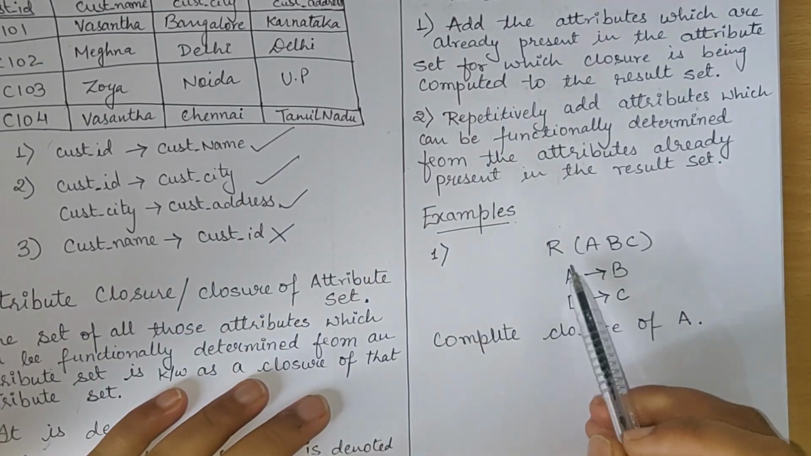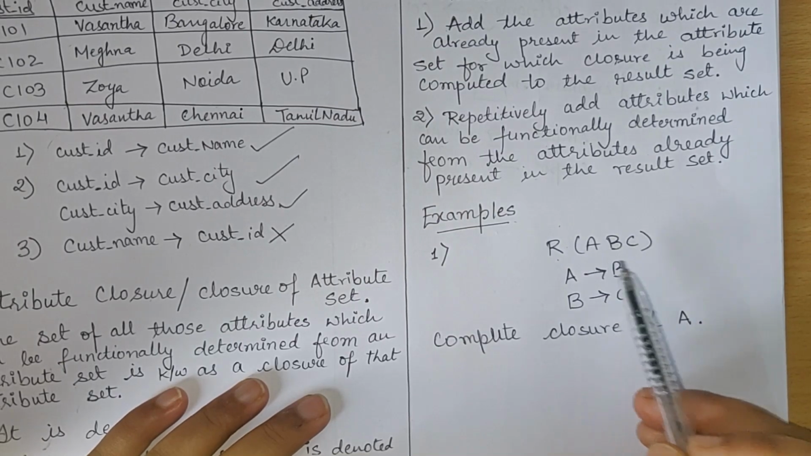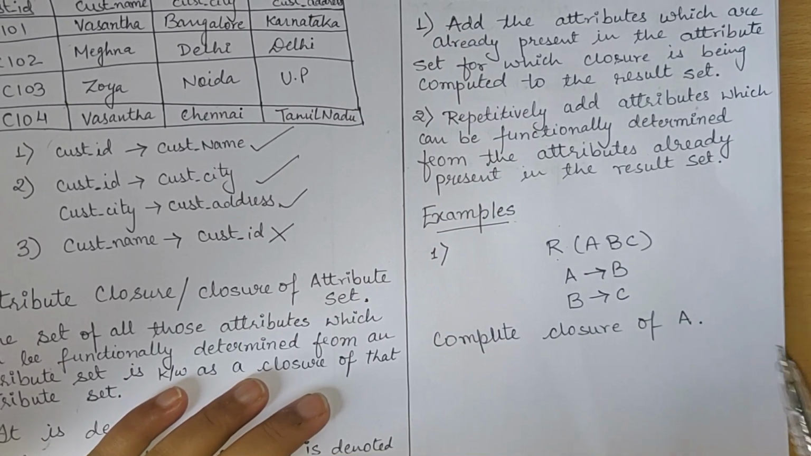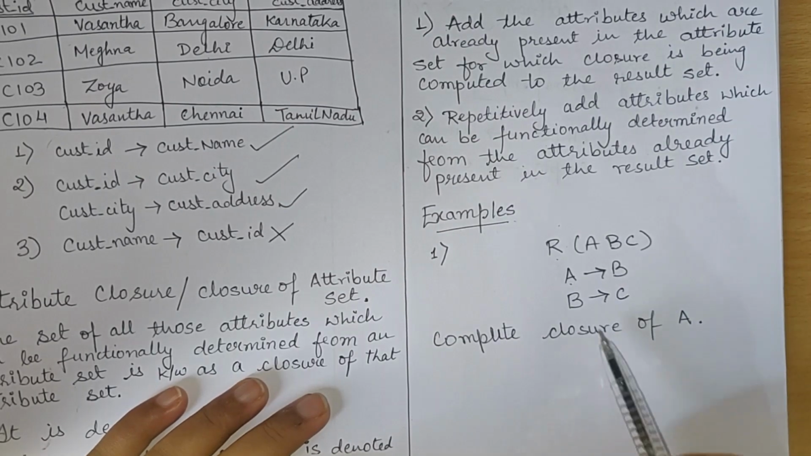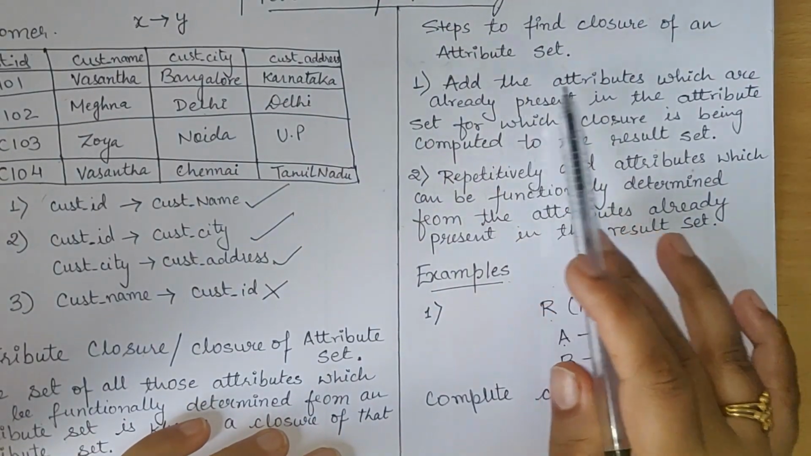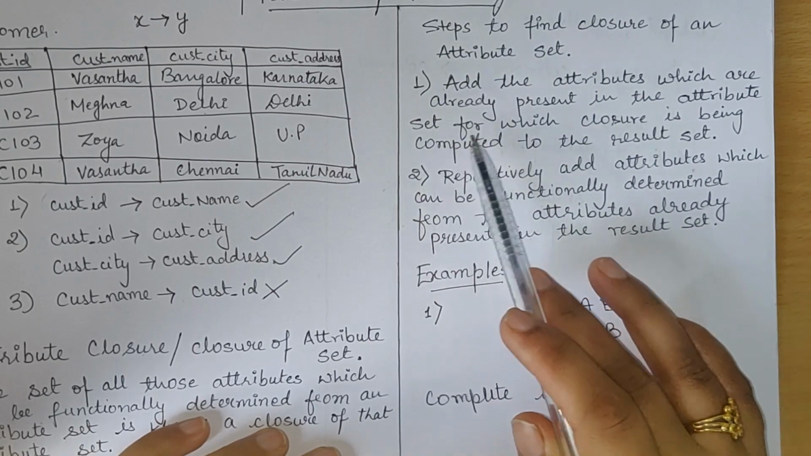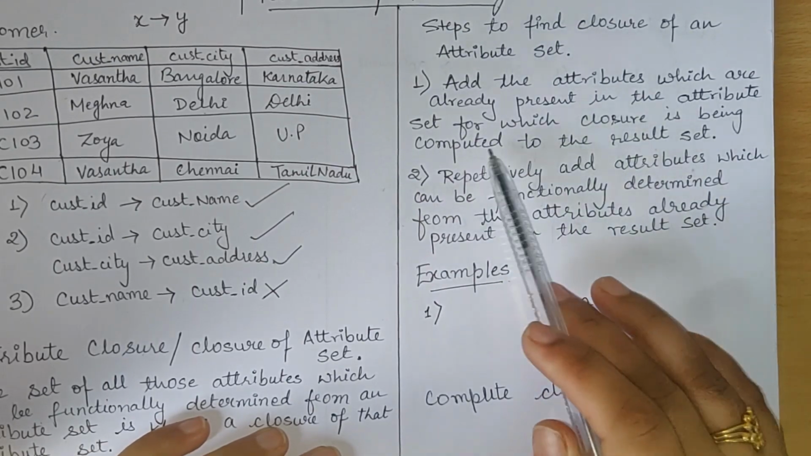Now here I am having a relation where three attributes are there: A, B, C. Two functional dependencies are given to me: A determines B and B determines C. Okay. Now first step, add the attributes which are already present in the attribute set for which closure is being